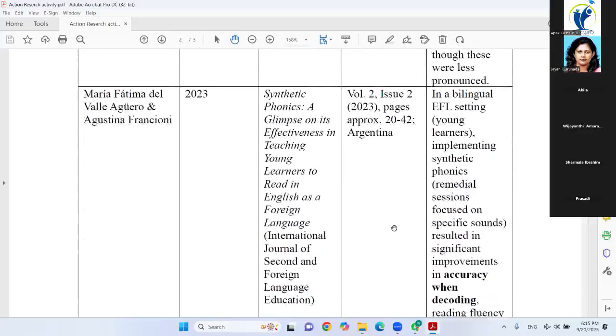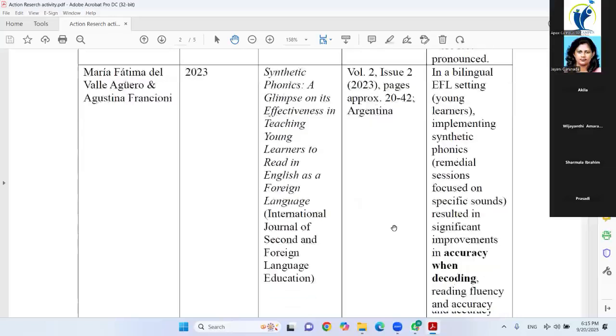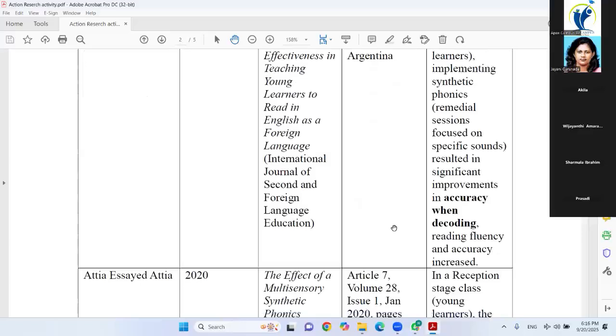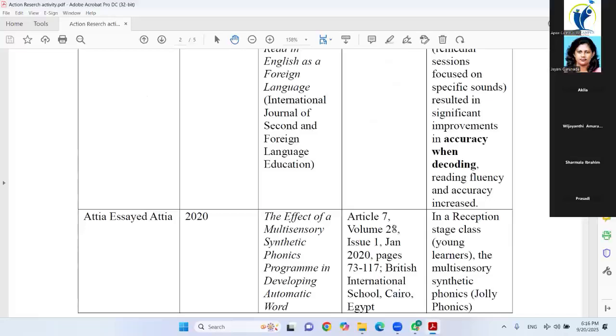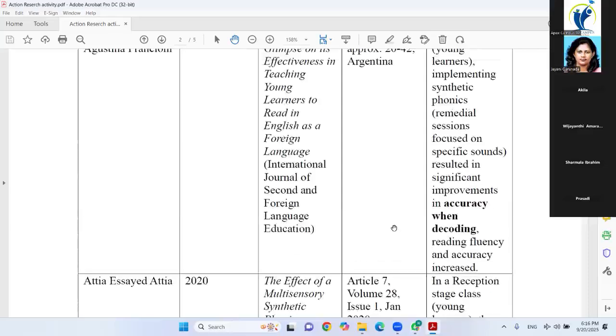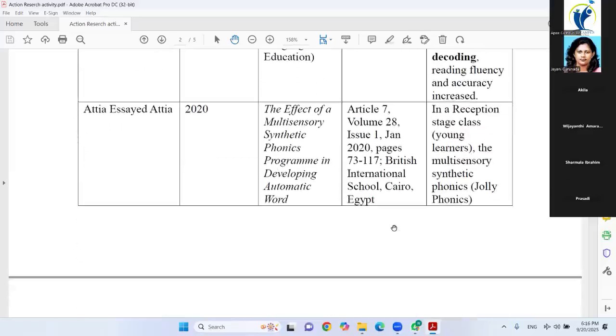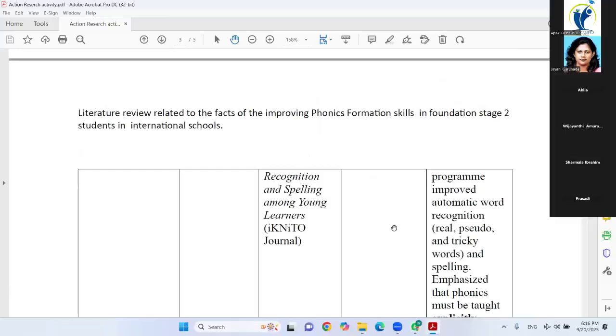Next one, in a bilingual EFL setting, young learners implementing synthetic phonics remedial sessions focused on specific sounds showed significant improvements in decoding accuracy, and reading fluency and accuracy increased. Okay. Next one, in the reception stage class, young learners in the multisensory synthetic phonics Jollyphonics program improved automatic word recognition,